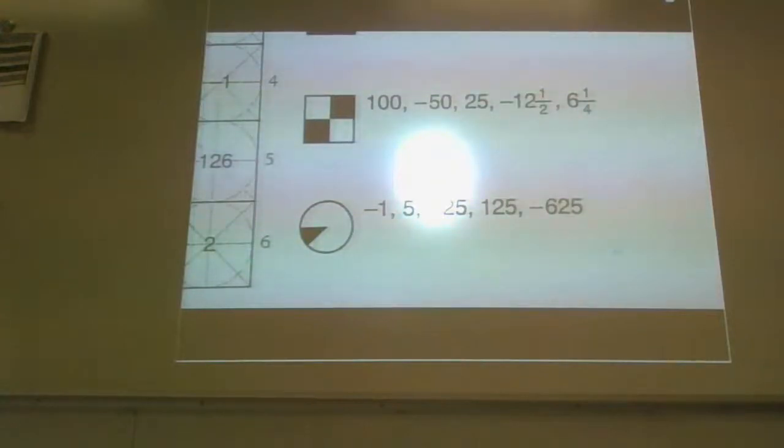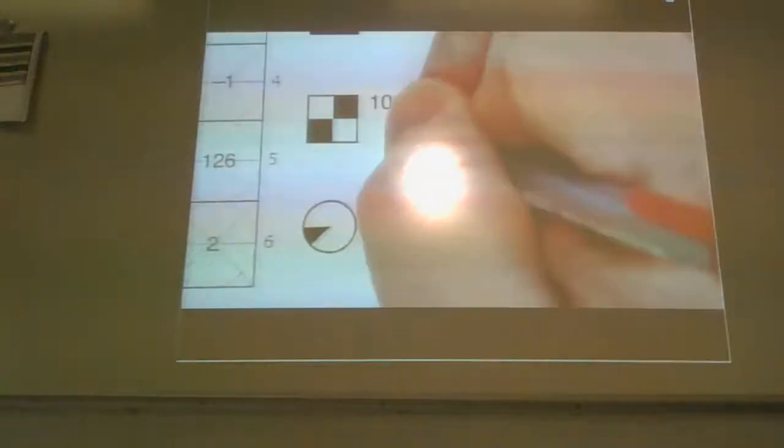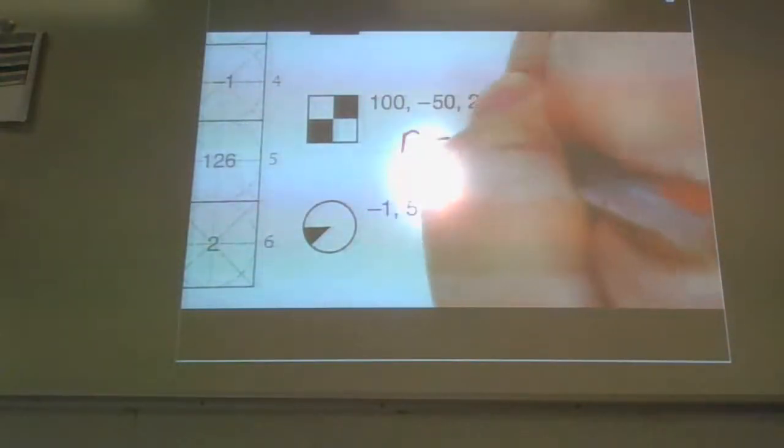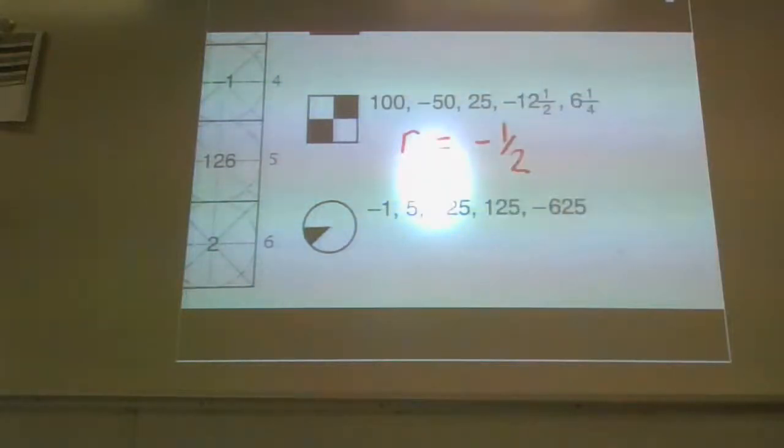But keep in mind, it's alternating between negative and positive, negative and positive. r has to have equaled negative 1/2, because each time it's being multiplied by negative 1/2. And then, of course, there is a negative 1/2 on that grid. Actually, there's 2 of them. So then you would fill in the grid according to what the picture is.